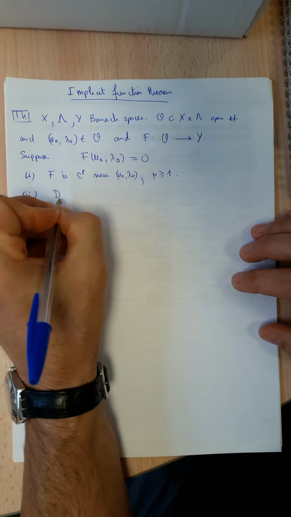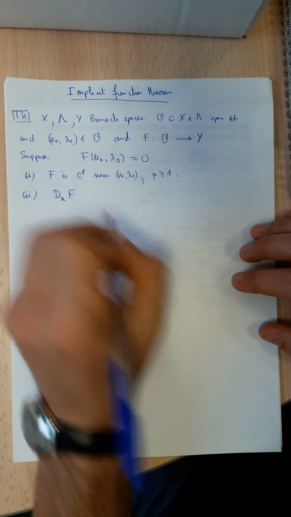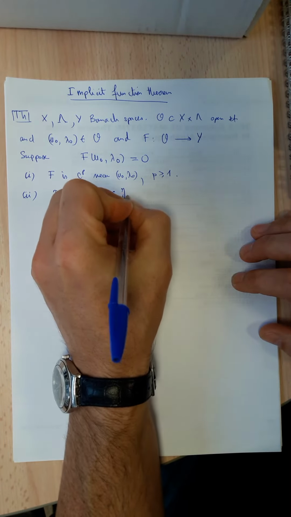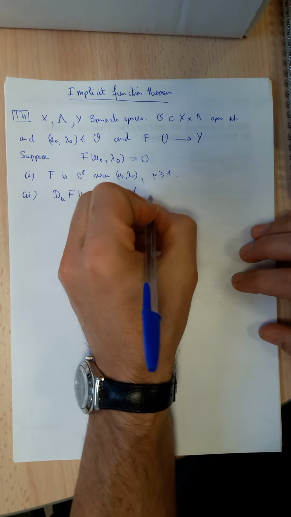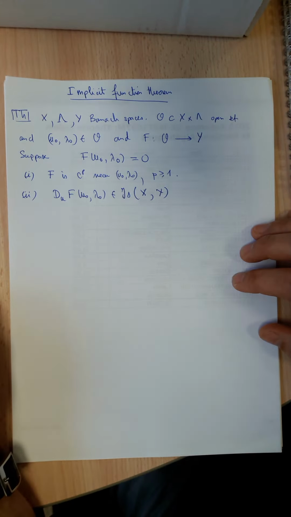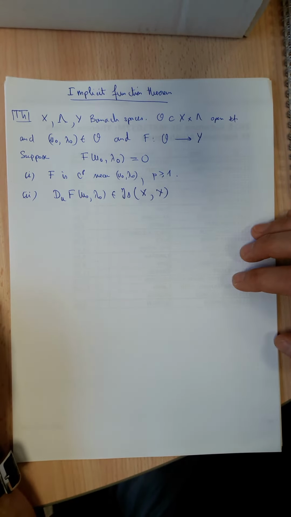Assume also that its partial differential with respect to u is an isomorphism, a bijection from X to Y. And the conclusion to all this is